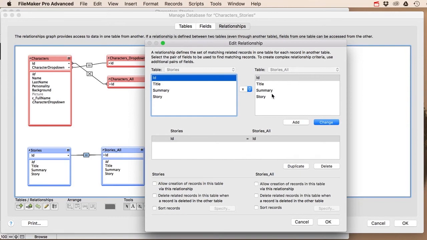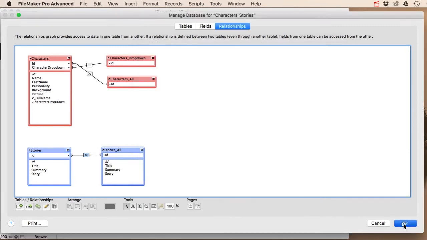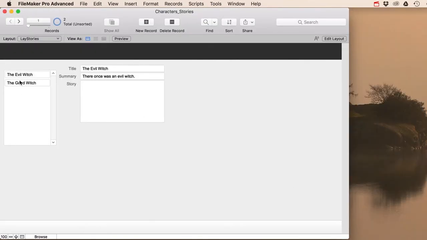Now, if you want to make sure that this is working, you do have to change this one here. So you have to change it so that it actually becomes an X here. And then we can just say, okay, okay. And now all of my stories are showing up. Now we just have to create that little setup where if we click on one of these, we actually go